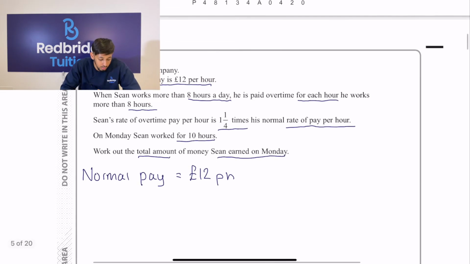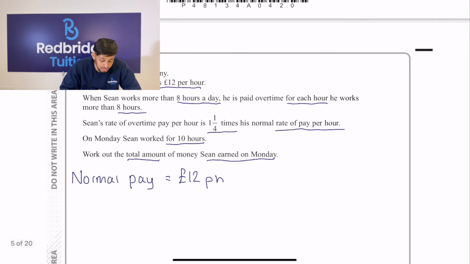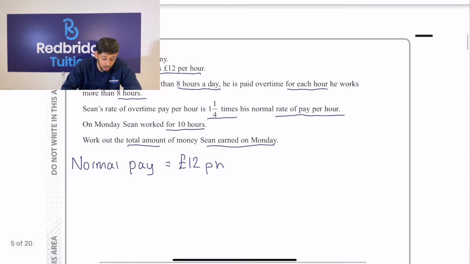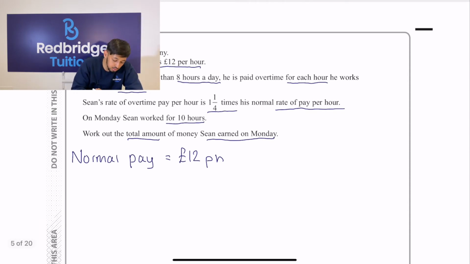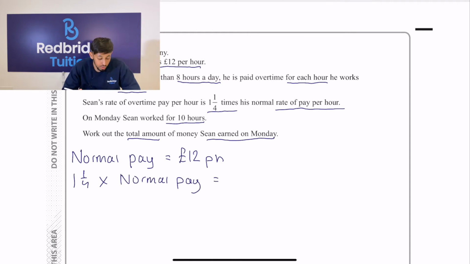Now, when he works more than 8 hours, he's paid overtime, right? So we know that our overtime rate is 1.25 times the normal pay. The overtime hourly rate would be 1.25 times his usual rate. So we would have 1.25